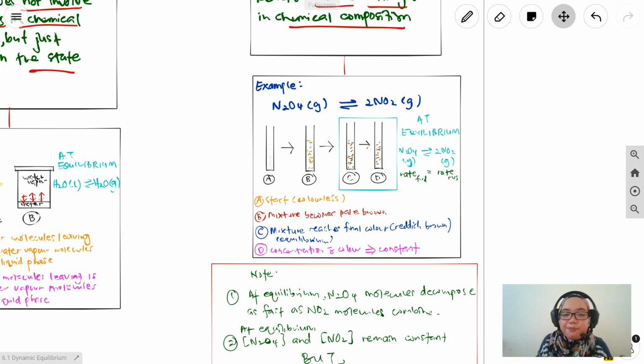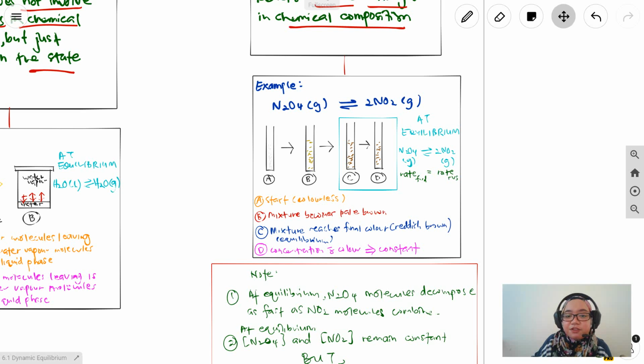Because at point B, once it forms product, some of the product will then combine back to form N2O4 gas. So now, when the rate of reverse reaction is equal to the rate of the forward reaction, at C and D, now